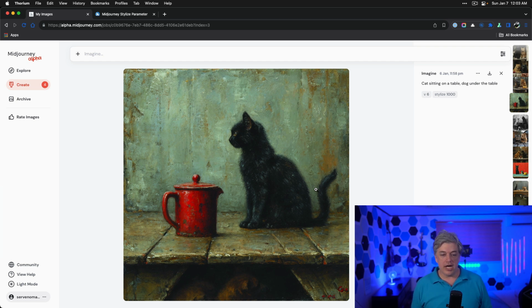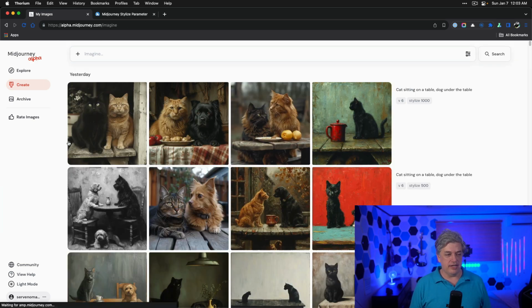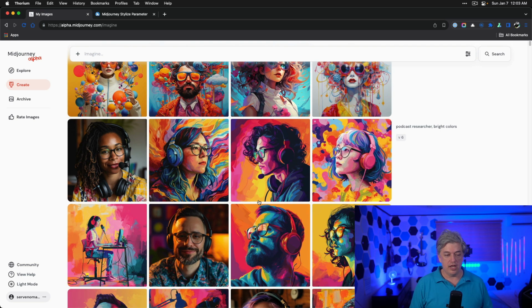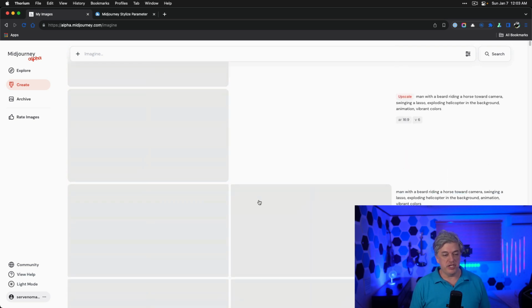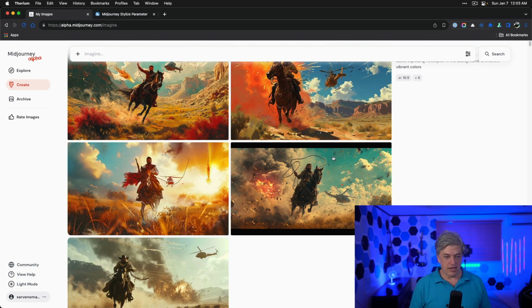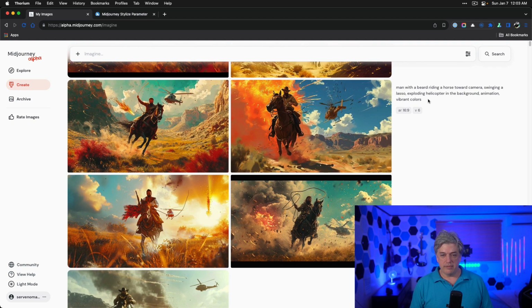So let's look at my past again to get an idea of what type of images I'm often creating that I find useful. Here you can see this is me designing images for my GPTs, but I want to find something that I actually used. Okay, here we go. This is something I was doing just a few weeks ago. This is the cover image for one of my videos. And we're going to add in this,